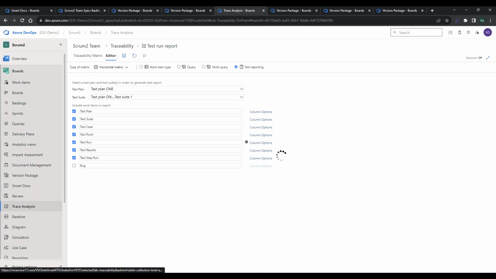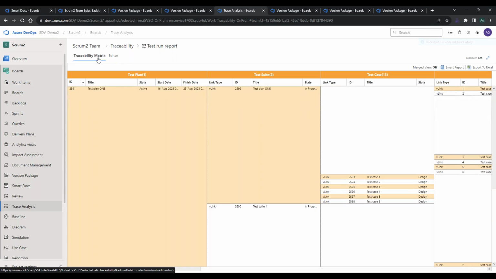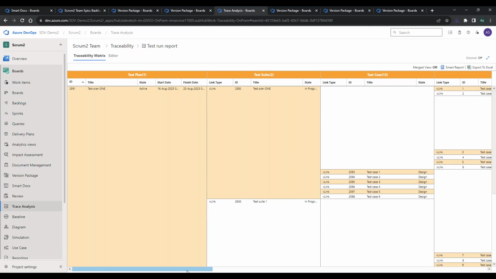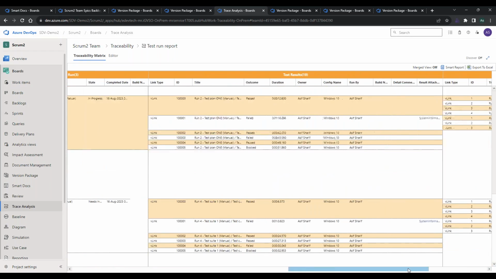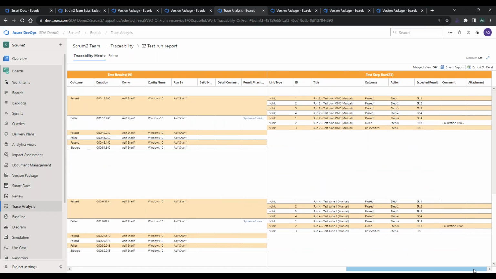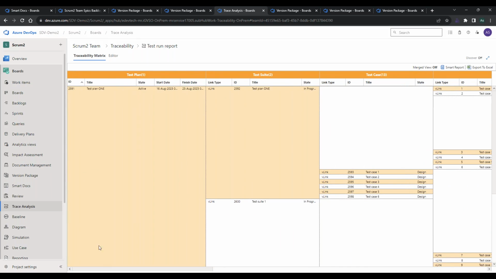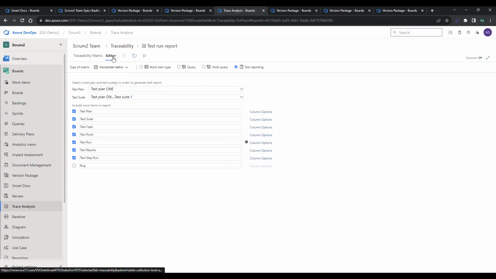If you save it and it doesn't like what you have done, then it'll tell you that you need to have it selected. When you go here, it will then generate the document and render the result of that particular test case in the trace matrix. So here you have it. You can see the bugs column is gone. Okay, so that's the new UI